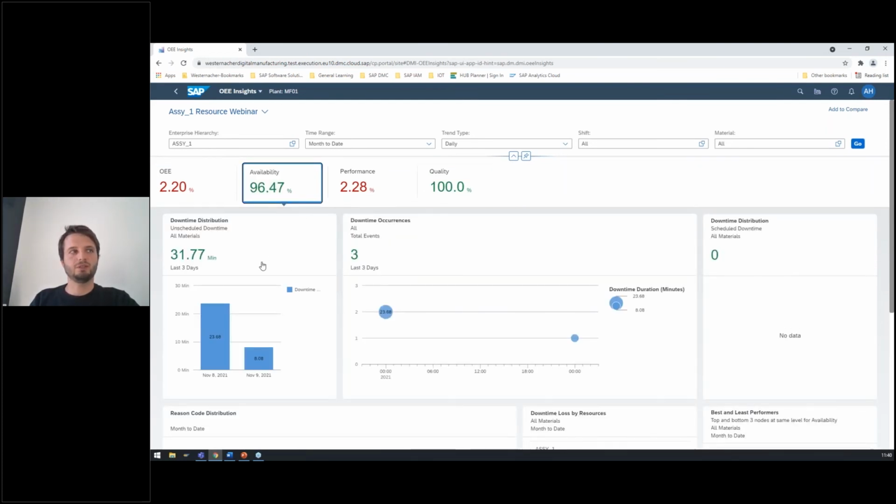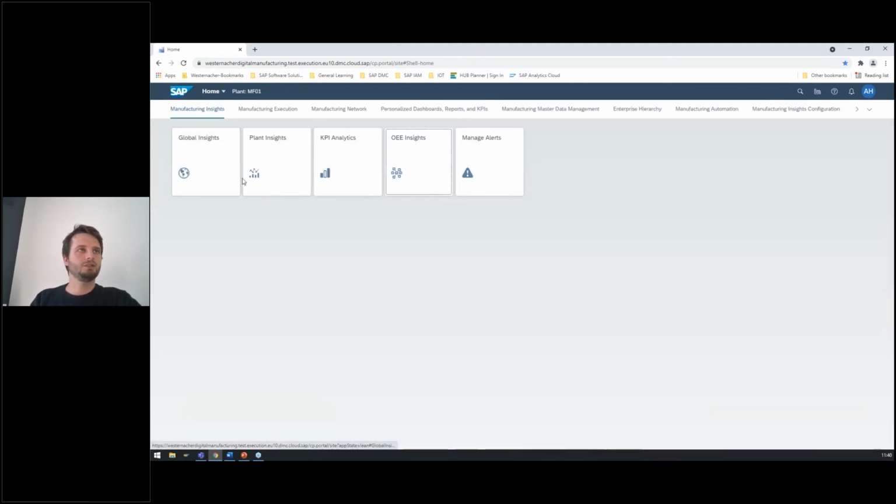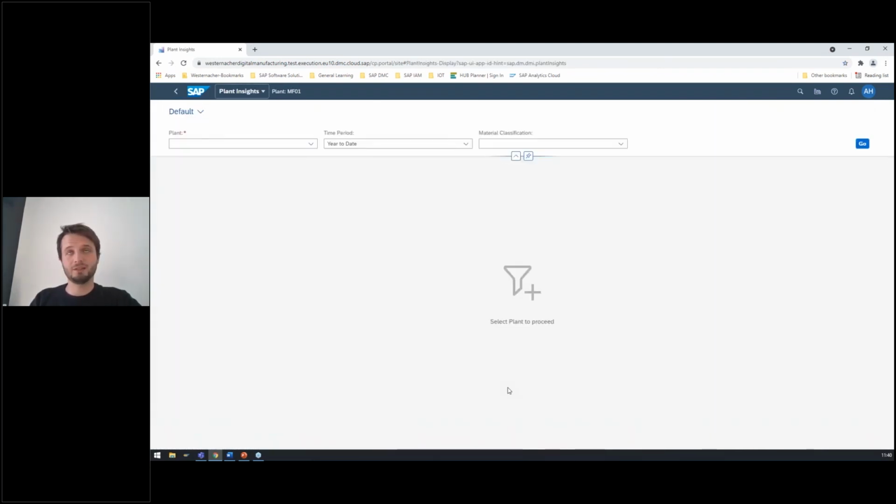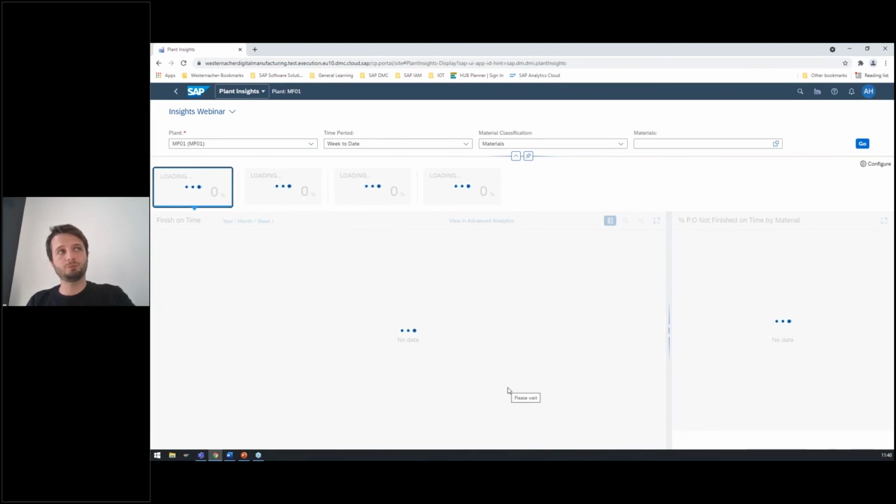So you see, or not KPIs, you have the contributors, how this availability has come together. But this is not part of today's demo. Maybe we will show this somewhere else, sometime else. What we also wanted to show you real quick is the Plant Insights module, where you